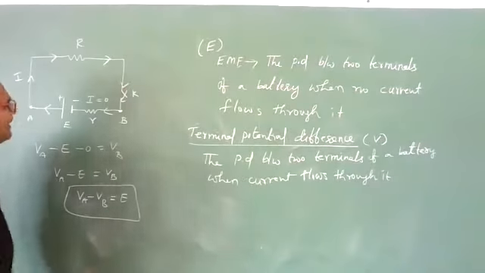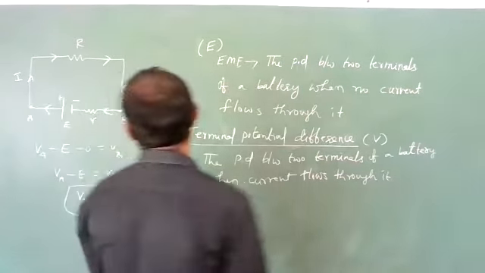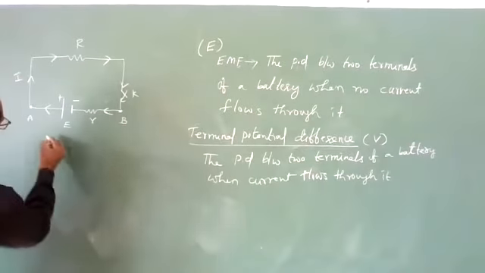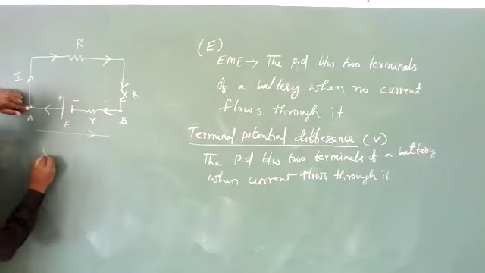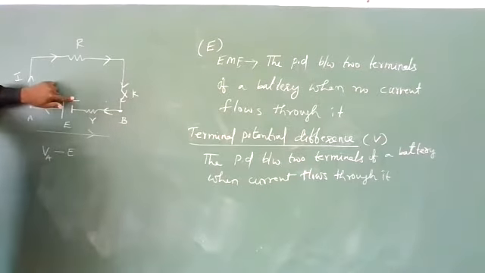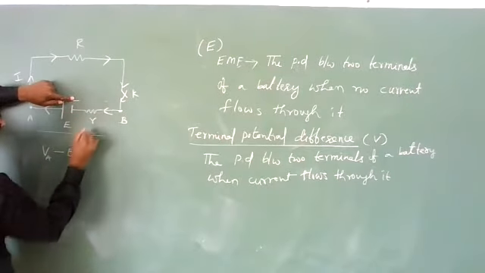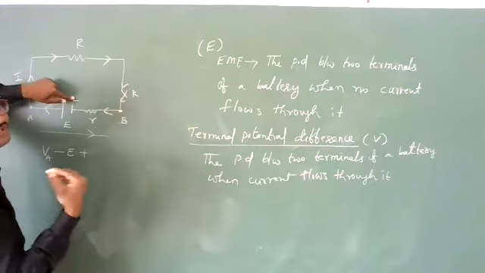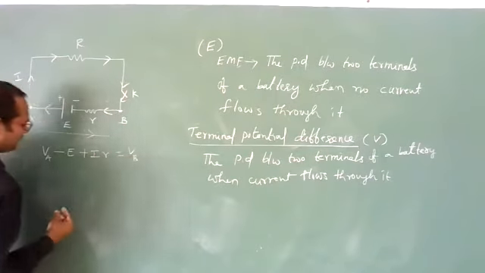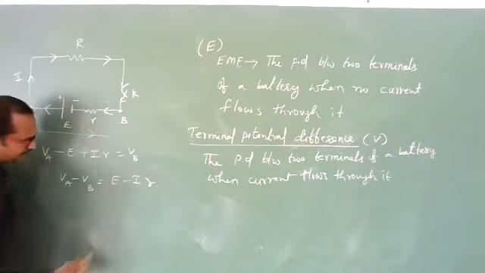The key is closed. Now what happens? Current will flow. Current is not 0 now. Current is flowing in this direction. Again, let us cross these two points from A to B in the same direction. This voltage is VA. Now you are moving from plus to minus, so you should write minus E. And across the resistor, you are moving opposite to the direction of the current, which means you should gain voltage. So plus IR should be equal to VB. Then VA minus VB is equal to E minus IR.